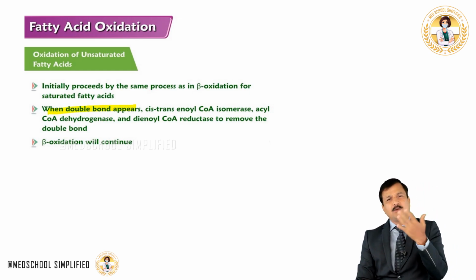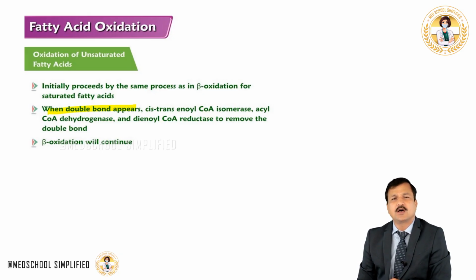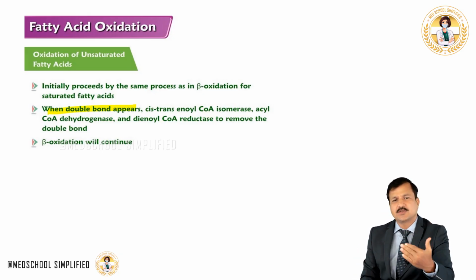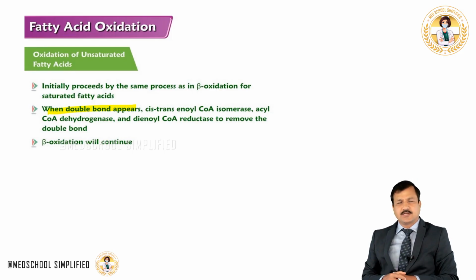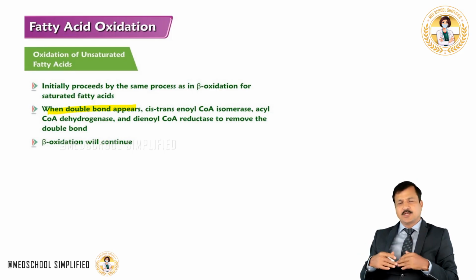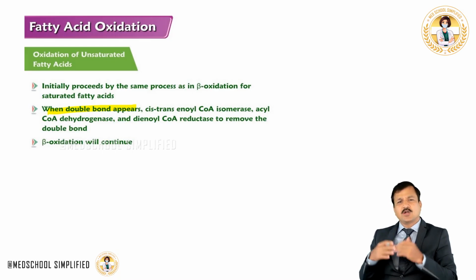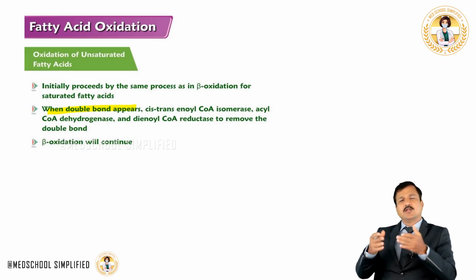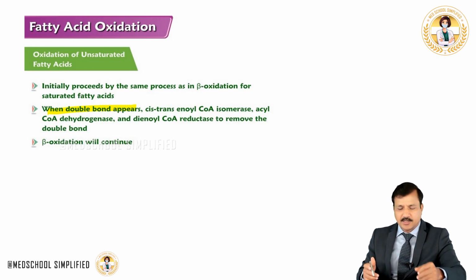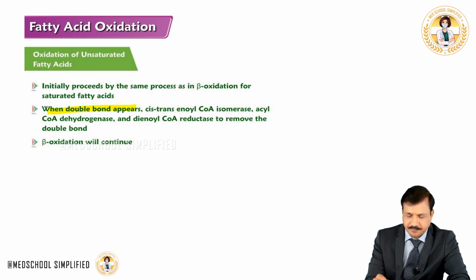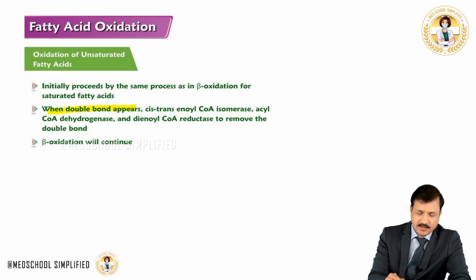A double bond needs to be reduced into a single bond like in saturated fatty acids. Unsaturation has to be converted to saturation. The unsaturated fatty acid has to be converted to a saturated fatty acid. The double bond needs to be removed, and that will be done by certain additional enzymes. So certain additional enzymes are needed here in the oxidation of unsaturated fatty acids. What are those additional enzymes that are required to remove the double bond? You need to remember the names of these additional enzymes, and those are